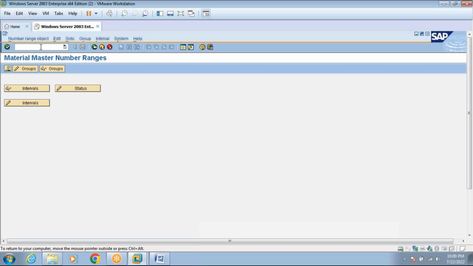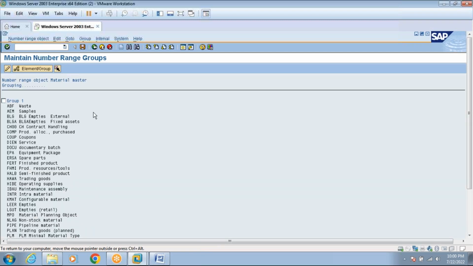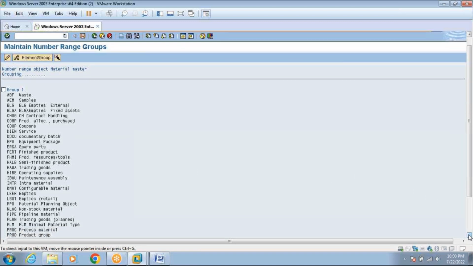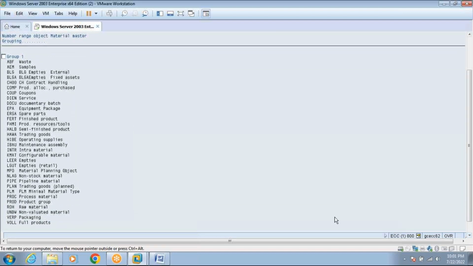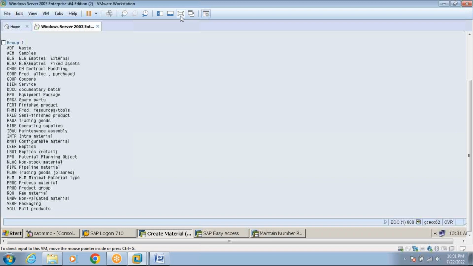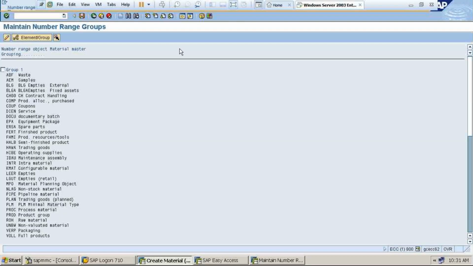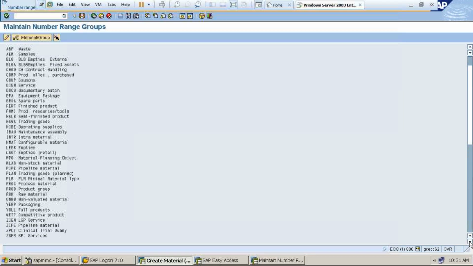Let me show you Material Master number ranges. First go to group. We have already created ZIPE, right?